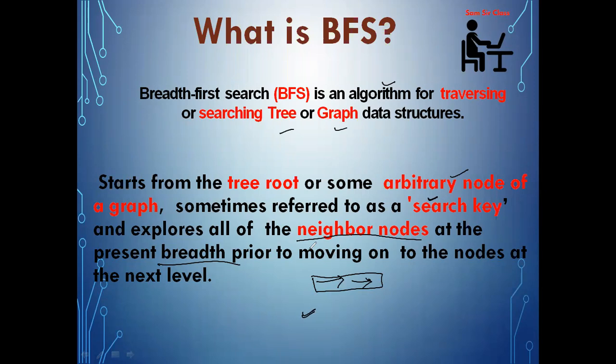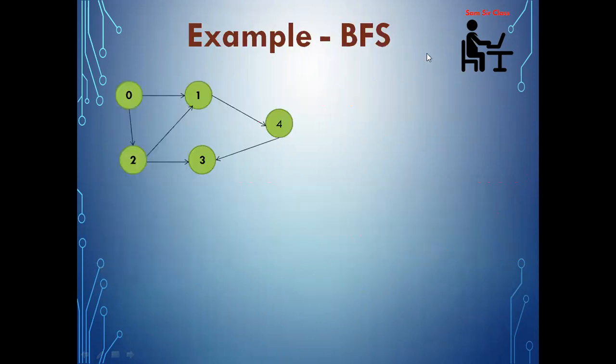We'll see one example and we'll find the solution so that we'll know how the BFS traversal can be done. But for BFS, a special concept, the queue data structure, is used to find the solution. This is the starting vertex from where we will start our traversal. So we'll use the concept of queue. So let us find the solution step by step.